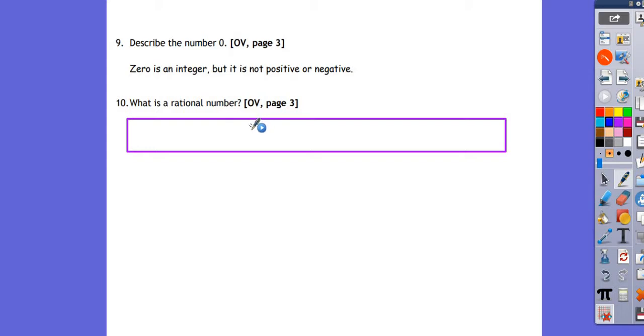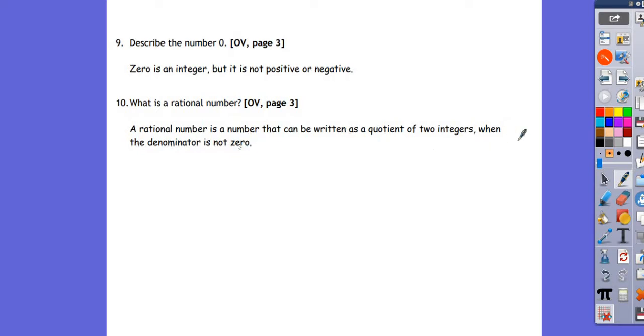Then, what is a rational number? I want you to write the formal definition, but I also want you to write my not so formal definition. This is how I kind of define rational numbers. It's not 100% factual because you'll learn more about rational numbers as you get older in your math classes, but it's basically a fraction,